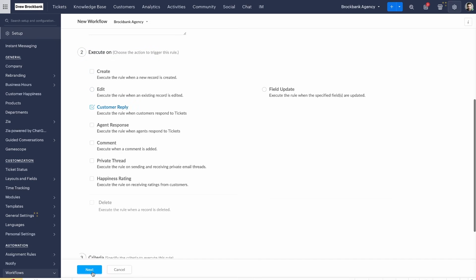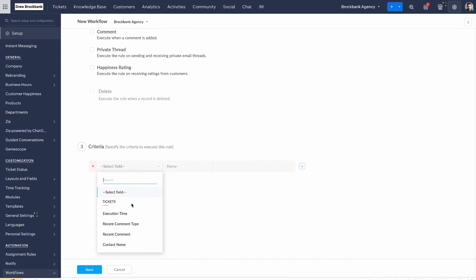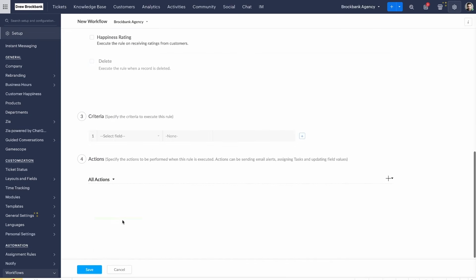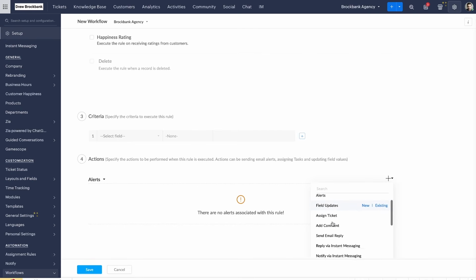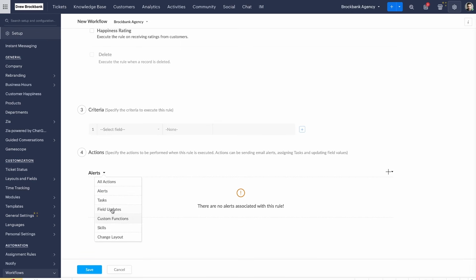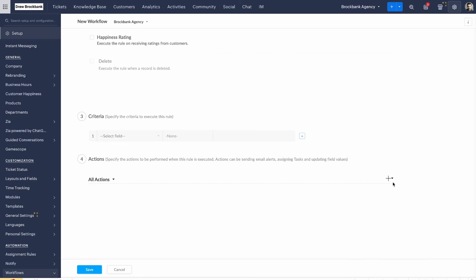Then we can say, hey, every time a customer replies, on every single ticket, we're not going to select a criteria because that's optional. We're going to send a notification, send an alert. There are no alerts associated with this rule. Let's do this. We'll go create, field updates, assign ticket, email, template. Let's do notification. Send quick notification. That's one way to do it. I want to do it like this. Actions, create,